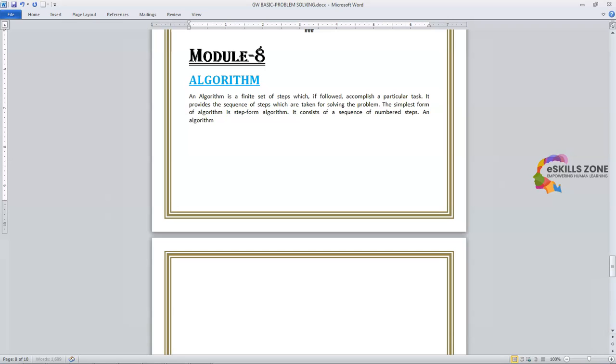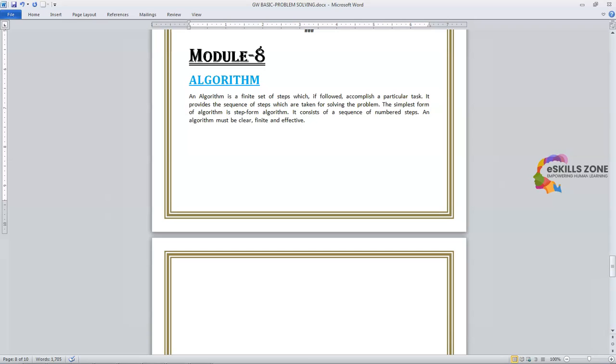An algorithm must be clear, finite, and effective. So the very first thing which we learn in problem solving process is the algorithm, and it